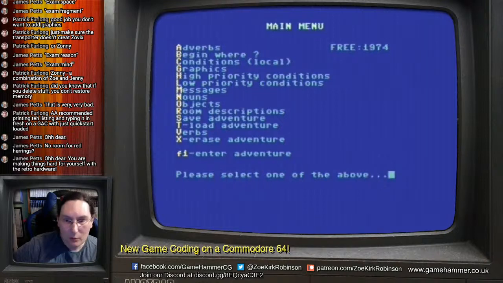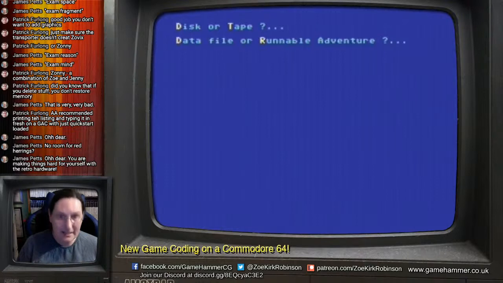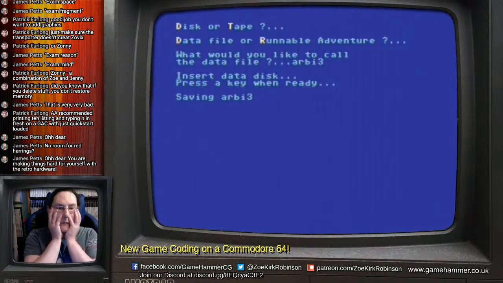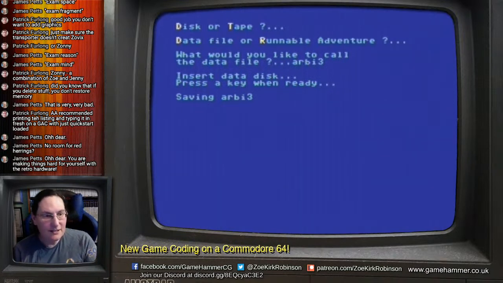1.9k. We've got enough. Let's save the adventure at this point. There's a data file. RB3, I believe, is okay. Oh my goodness, we are so close. All we need is a password to get into the